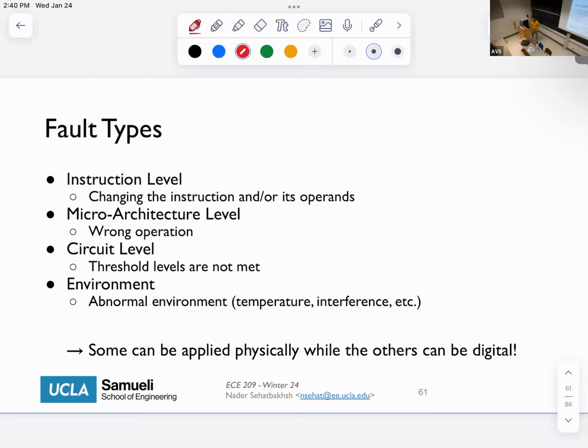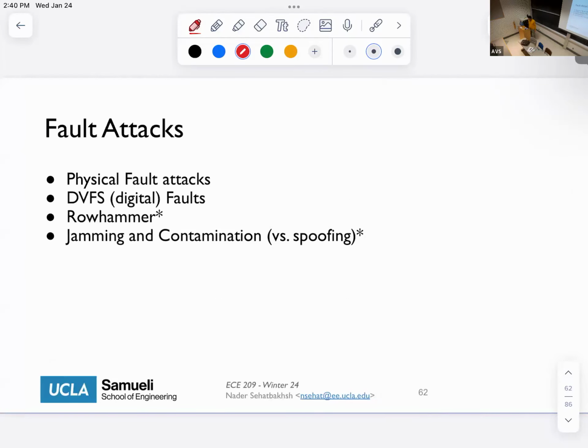One important thing about these is that they are a combination of the analog and digital. Some of them are impacted in the analog world, and some of them are impacted in the digital. So I'm going to talk about a few of these. I'm going to talk about physical faults. I'm going to talk about what we call DVFS faults. I'm not going to talk about Rowhammer, but I'm going to talk a little bit about